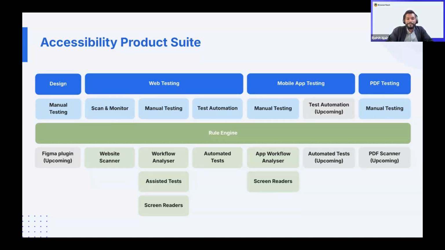On the web testing side of things, we have the scanning and monitoring solution. If you're new to the whole accessibility space in general, all you need to do is take your URLs, load them on our system, and every day you get accessibility issues across all these URLs, delivered to you in your inbox and also on our central reporting dashboard. We also have a lovely Chrome extension for manual testing that will keep running every time there's a DOM change on your page. So you traverse multiple URLs and you'll have a single report that gives you access to all these accessibility issues.